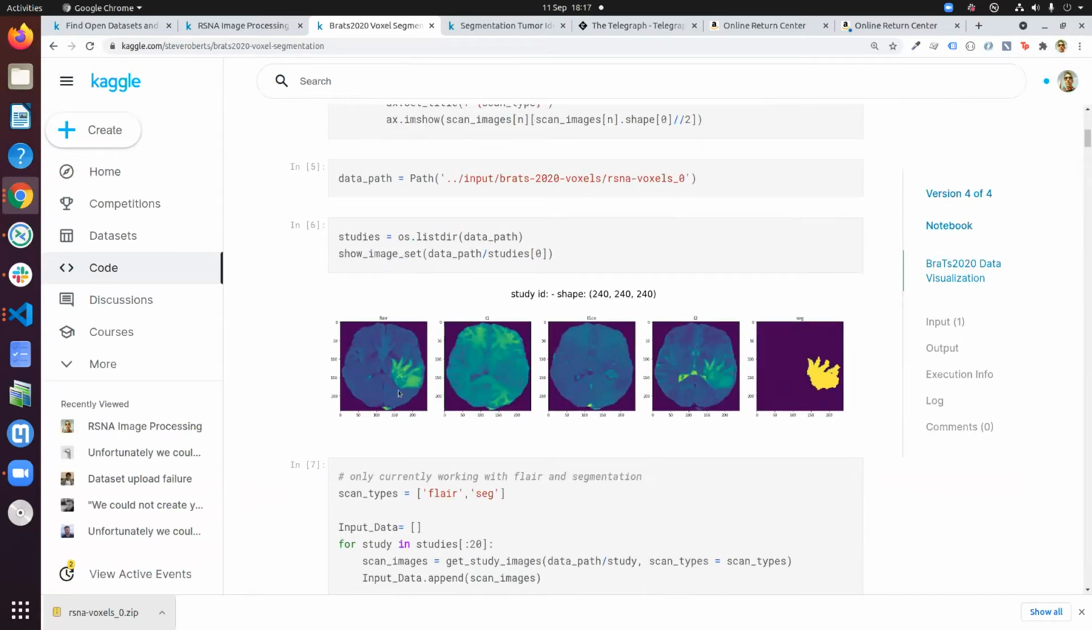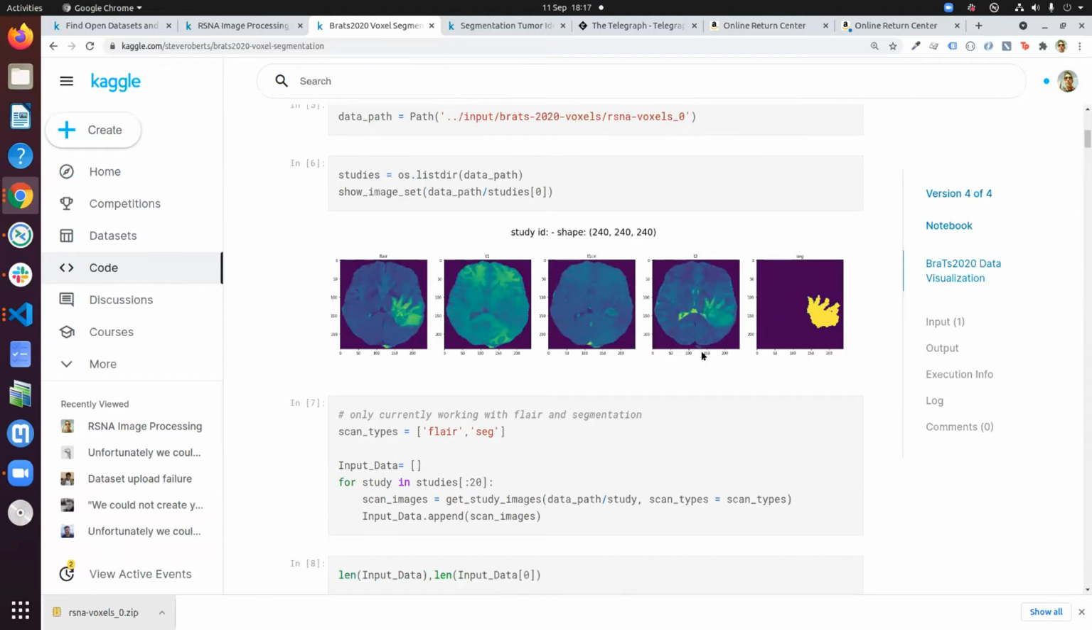Yes, this is the axial view. That's the FLAIR of the T1, and this is the segmentation. You can see here in the FLAIR, it's pretty identical to that. All of these images I've taken from the NIfTI data and made into 240 by 240 by 240